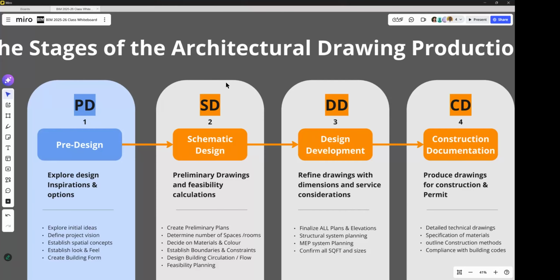Now, these are the typical stages of, I would say, an architectural business as a whole. And you guys have a whole module called Office Practice that you're going to learn about the business aspects of architecture, like how a firm operates.